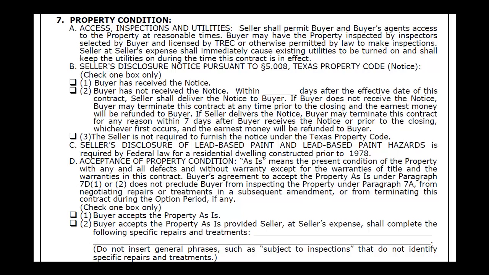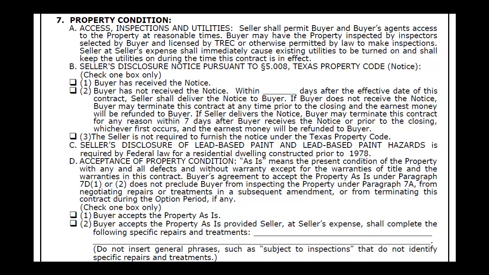So if you're a seller, you want to make sure to cough that notice up right up front. The best thing to do if the seller's complicit on this is to get the seller's disclosure notice, the survey, and the T47 form, and just upload them to the MLS and have them as the supplemental documents. That way, most people will get those on their own. Most agents will. But even if they don't get it on their own, if they call you and ask for it, then you can at least just say, hey, yeah, I uploaded those. They're in the supplemental section in the MLS. Go ahead and just grab it yourself. And please do me a favor and check box number 1 here on the seller's disclosure notice area. Okay,